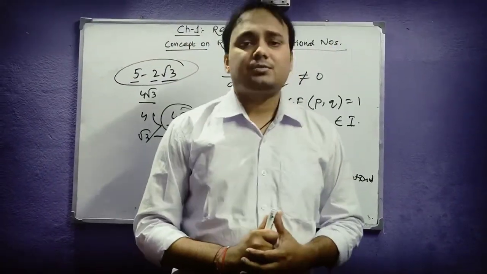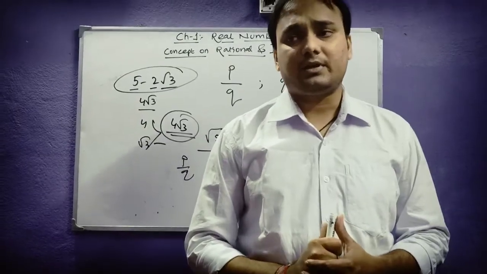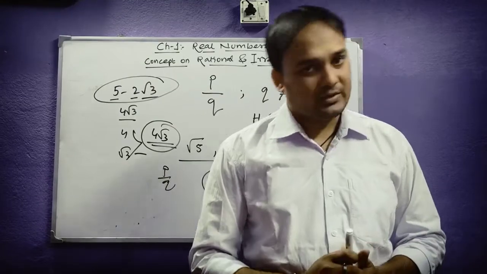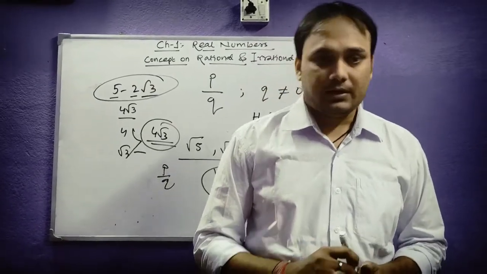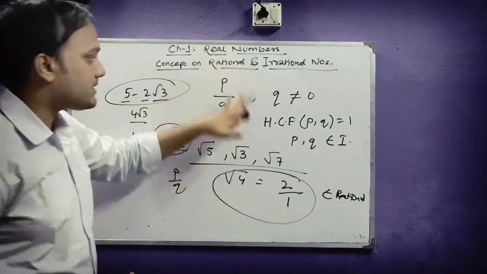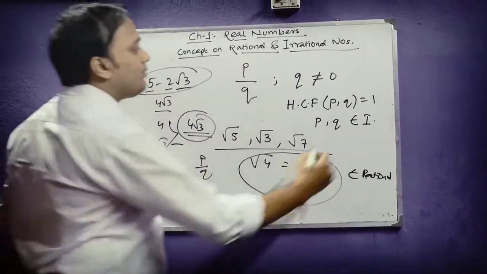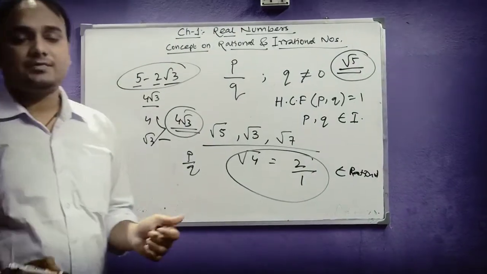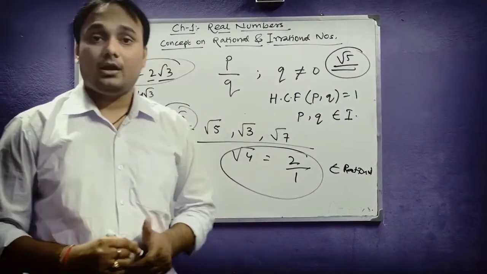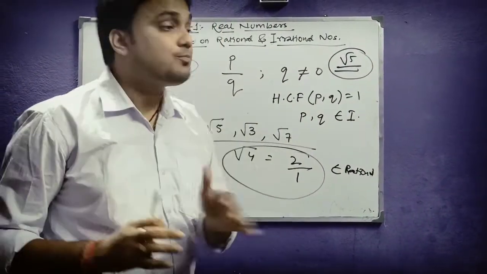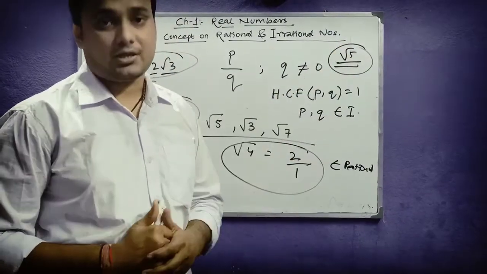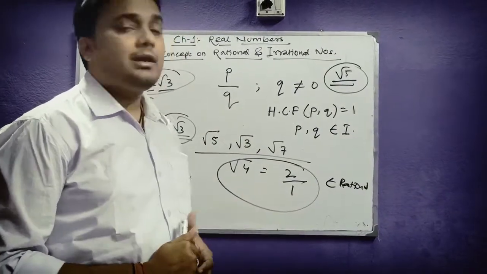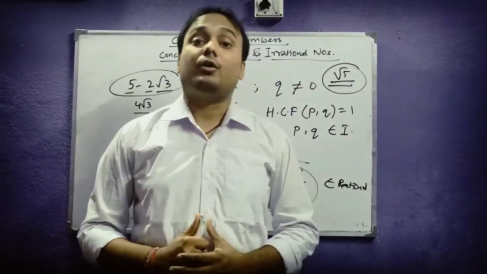Okay, now the next question that comes to our mind, students, is: if I give you any number and ask you to prove it irrational, how will we do that? Suppose, after this discussion, it's quite clear to you that root 5 is irrational. Now the next question is, if you are asked to prove that root 5 is irrational, what will we do? For that, we will take the help of contradiction.